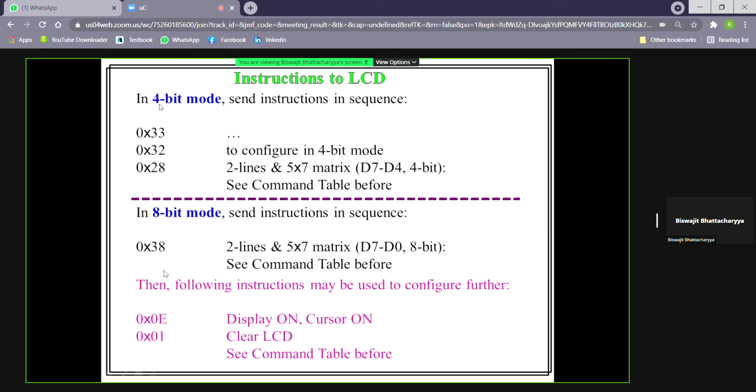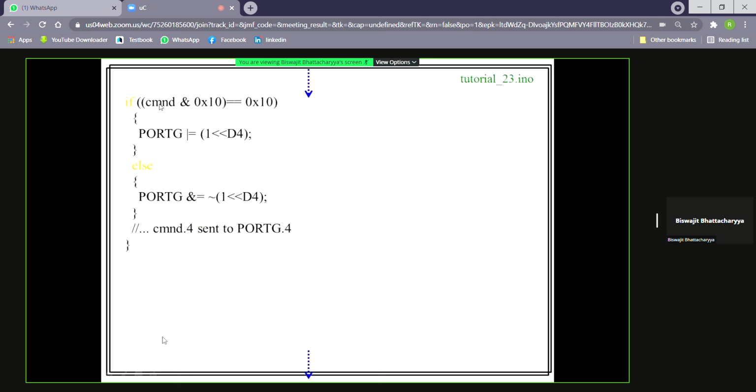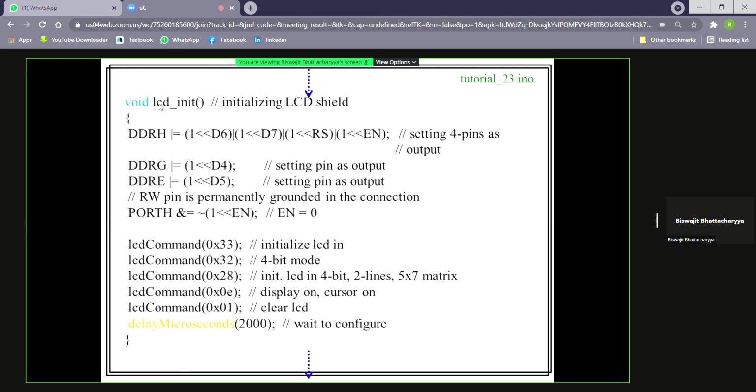These are the commands, instructions. So these are sent. So these are the LCD commands. After sending a command, we are waiting for a 2 millisecond delay, 2000 microseconds.